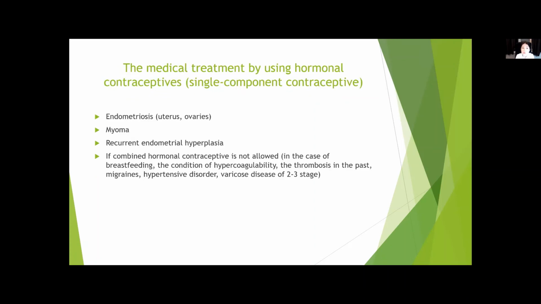Medical treatment by using hormonal contraceptives, single components, include endometriosis, uterus and ovaries. Again, I mentioned that uterus means adenomyosis, and the ovaries means ovarian cyst less than 25 millimeters, myoma, recurrent endometrial hyperplasia, even atypical hyperplasia, which also can be treated by using intrauterine device,